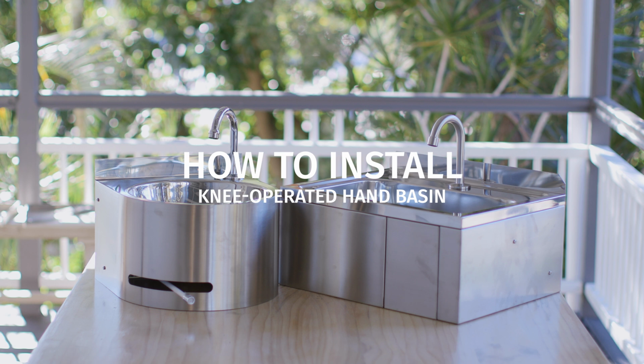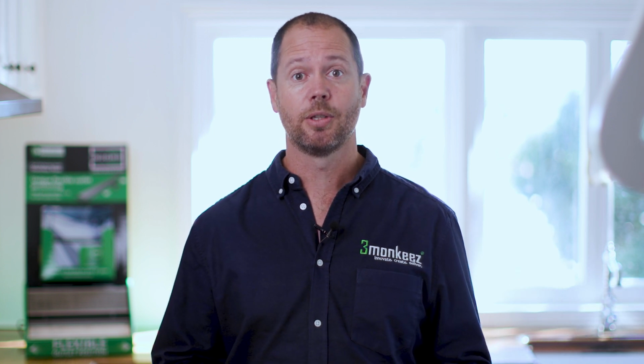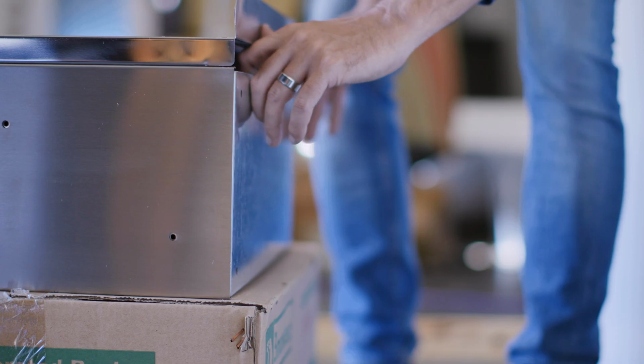How to install a 3monkeez knee-operated hand basin. 3monkeez has a complete range of knee-operated hand basins, square and round basins with options for tempering valves and thermostatic mixing valves. Start your installation by removing the screws on either side of your hand basin and release the mounting